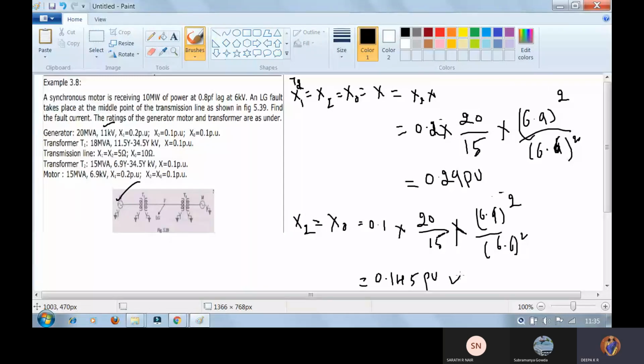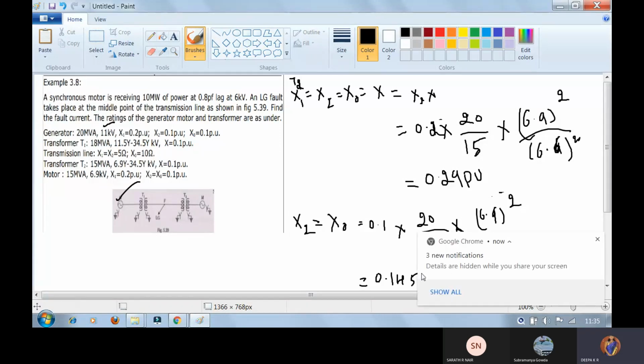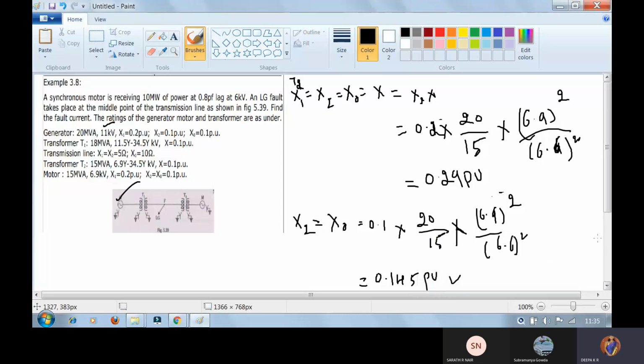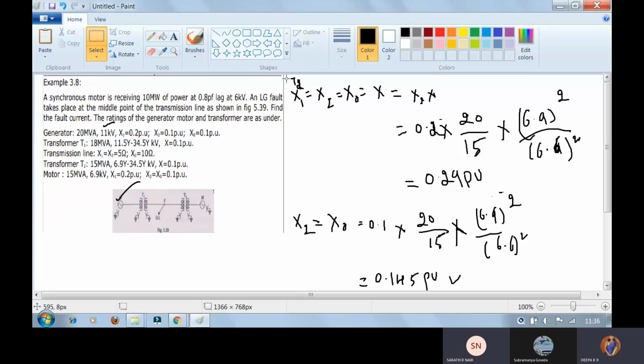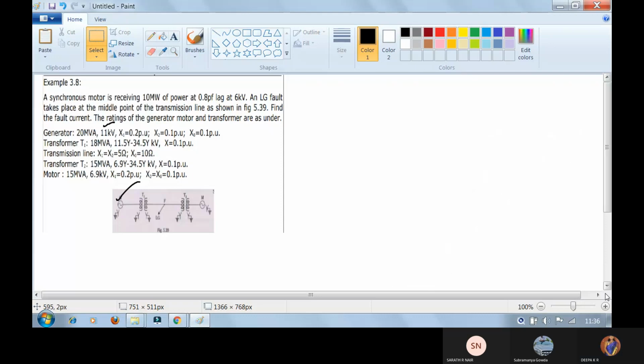So till now, we have calculated all the sequence reactances of your generator, transformer, transmission line, again transformer 2 and a motor. Next part, we have to solve this problem individually considering all the sequences. So first I'm moving with writing a positive sequence diagram. Okay. So finished with all this reading? I don't know how many of you were present for writing a sequence diagram. That is very important, which was done in the last chapter. So we'll see how to draw the sequences. It is very simple.